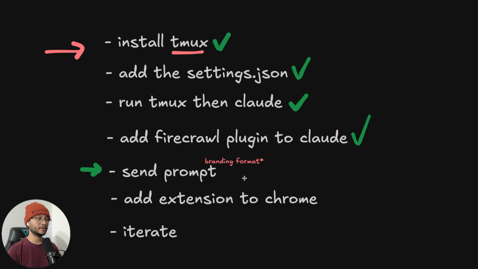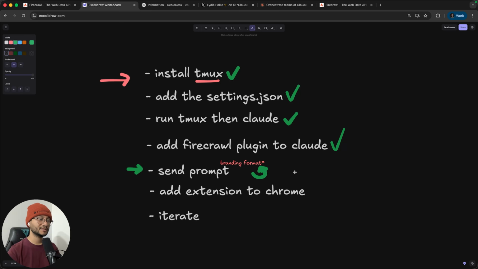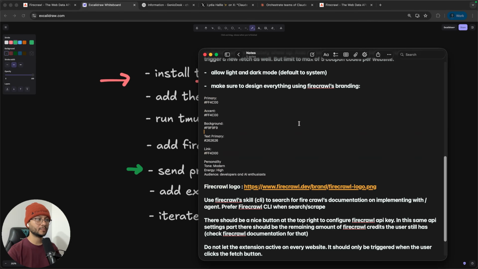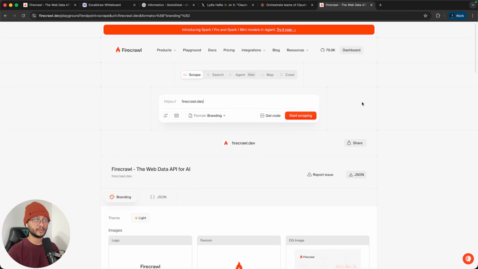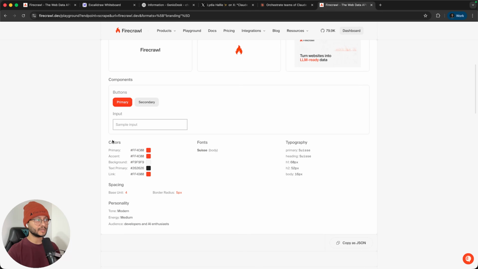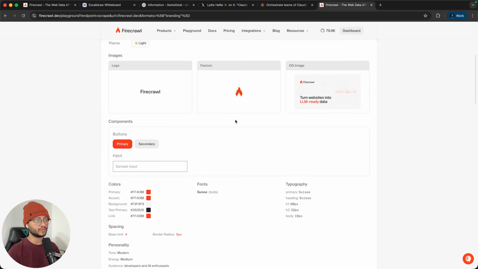And on that matter, let's talk a little bit about the branding format, since I did place its output inside of the prompt, and I think it's pretty important to show how I got this, which is just by using the branding format over at the playground. You don't really need to go over to the website and grab all this. You can just have Firecrawl skills search for a specific website's design. But what I'm doing here is just extracting Firecrawl's colors, finding the URL for its logo,